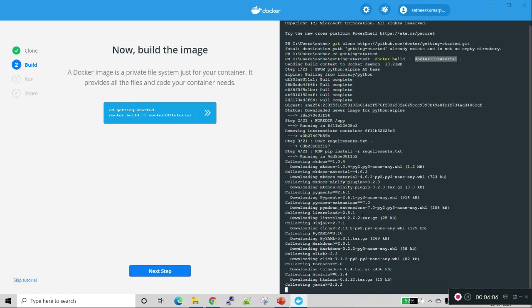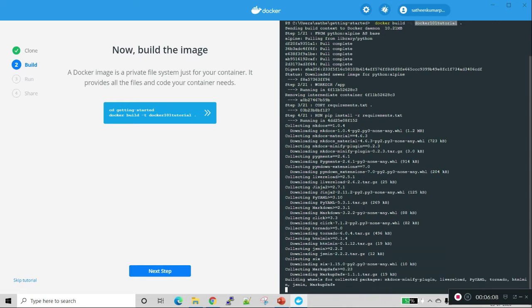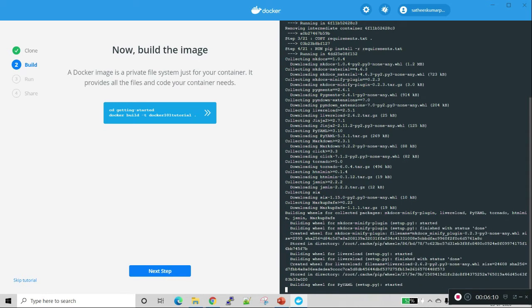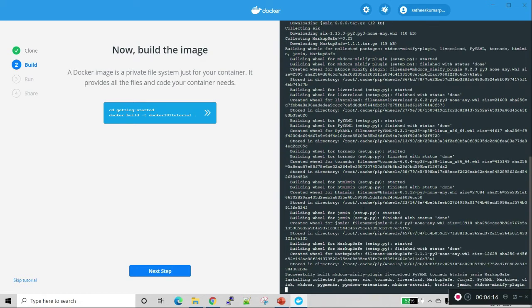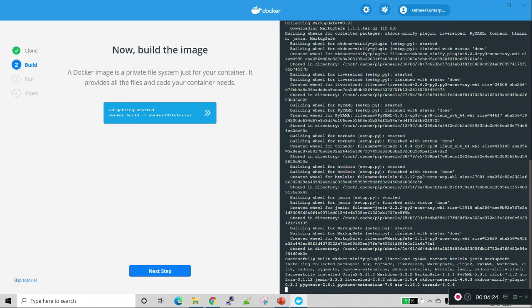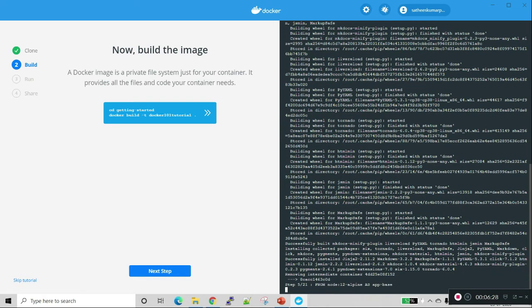It's downloading the packages from Docker. It's very self-explanatory.